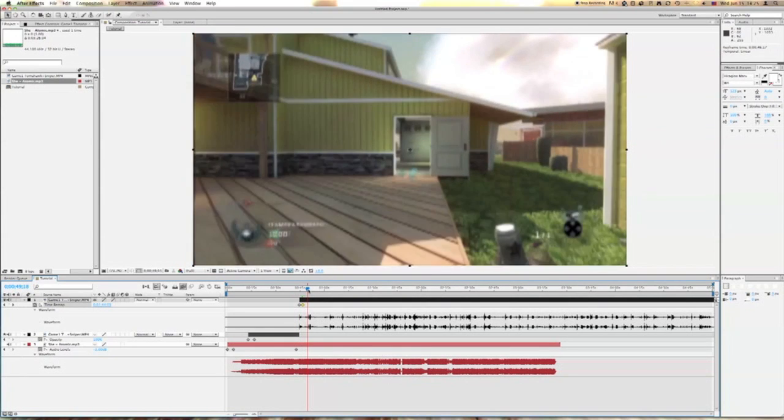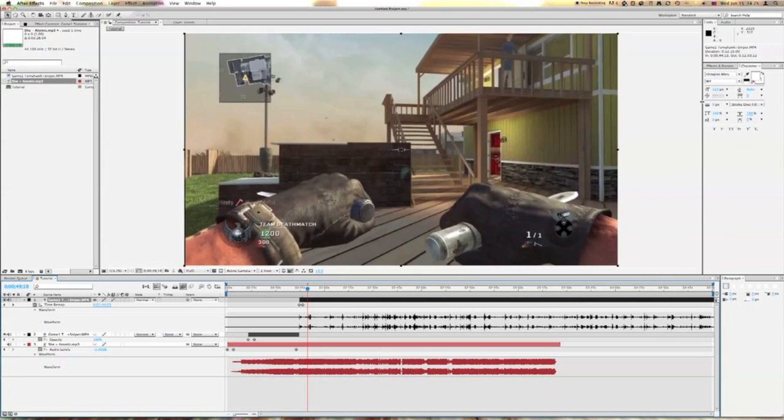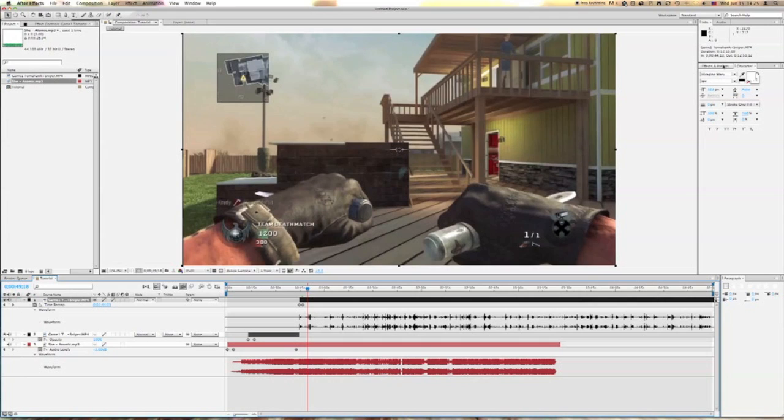Let me just create a simple transition out. Okay? So now, to create a simple transition out, we're gonna go ahead and make a linear wipe, which if you've used Sony Vegas, you really know what that is. So go over here to the right hand side and you'll see you just expand this. You'll see character, effects, and presets. If this is arranged differently, then you'll find effects and presets somewhere on the side, but I just rearranged all my windows. So go to effects and presets,